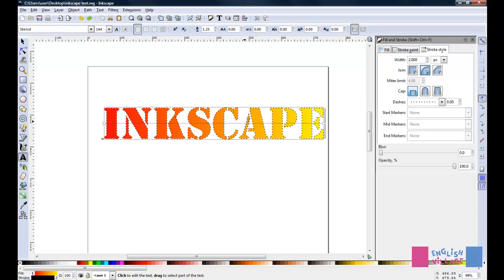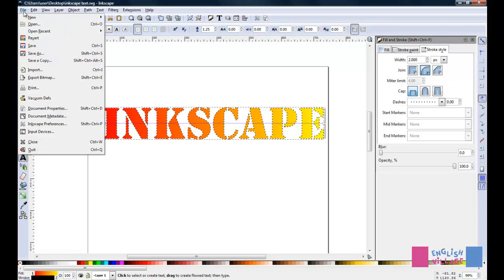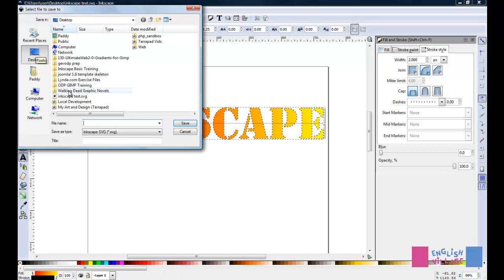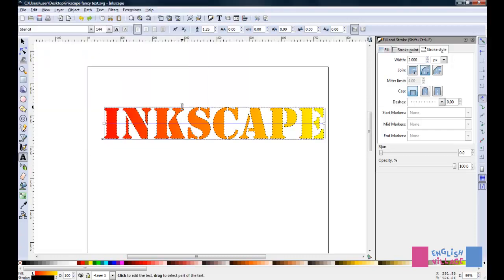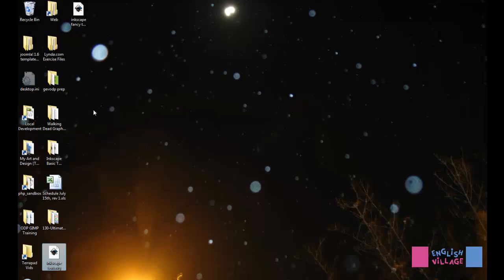able to convert them. So if, for example, I was to go File, Save As, and we could call this something like Inkscape Fancy Text. Could save that as an SVG just like normal. But now if I take this Inkscape Fancy Text and try and open it in GIMP,